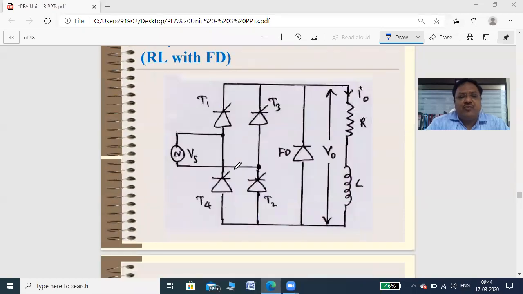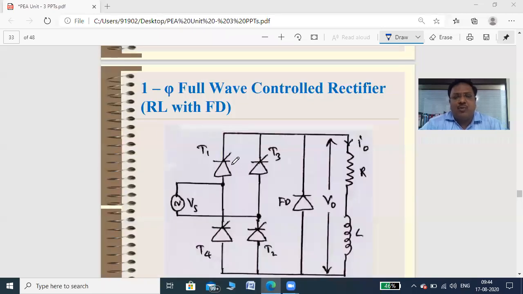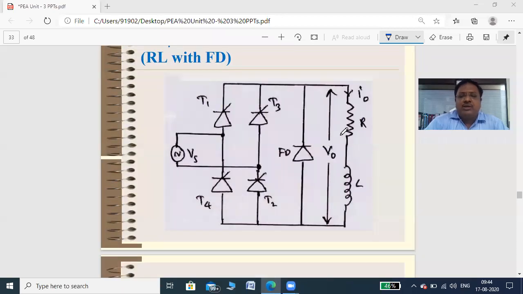That's why I have covered the same syllabus repeatedly. Now, single phase full wave controlled rectifier for RL load with a freewheeling diode. So with the help of the freewheeling diode, what happens? Actually, we are giving a path to the inductor energy so that the current may be continuous, but SCR remains off during negative half cycle. As we know that T1 and T2 remain on during negative half cycle due to inductor energy, so that will stop with the help of this freewheeling diode.